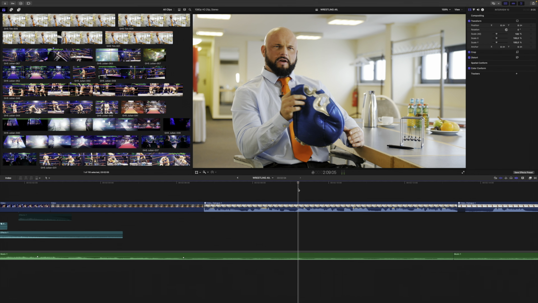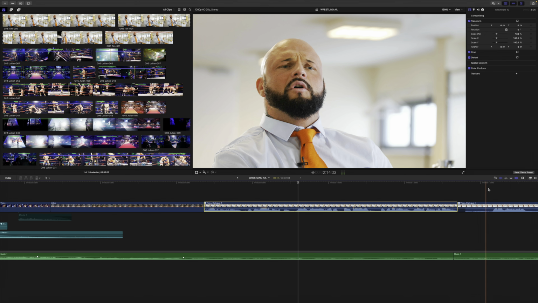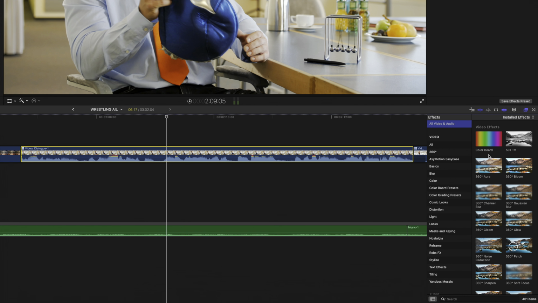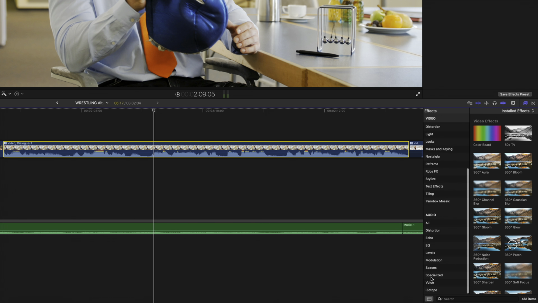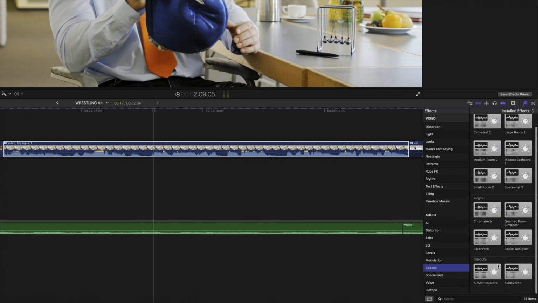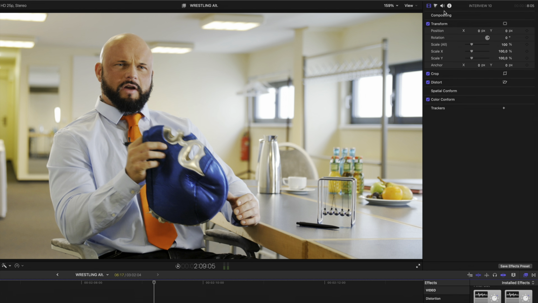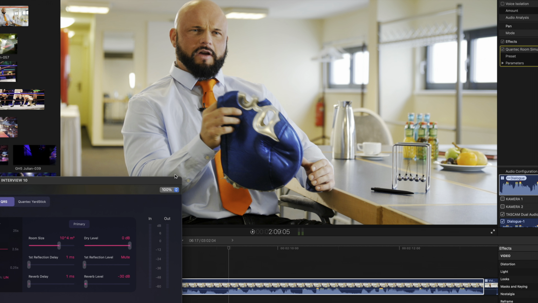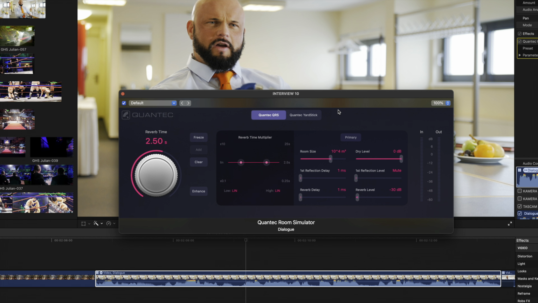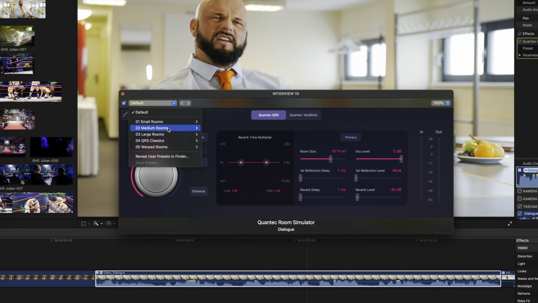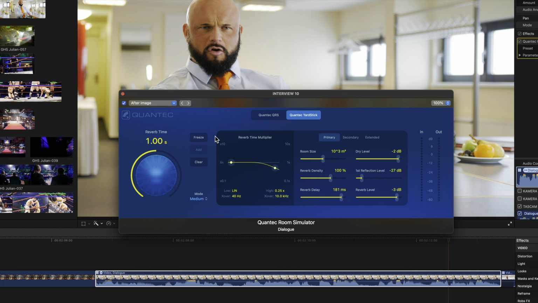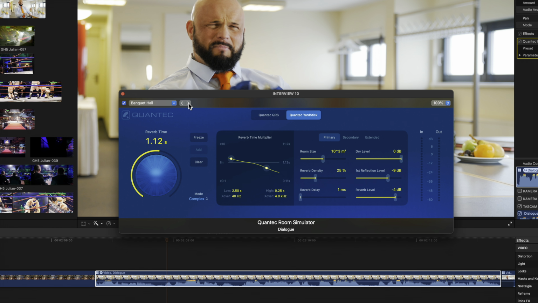And speaking of audio, a new and very elaborate audio filter has been added. The same that was added to Logic Pro 11.1, the Quantec Room Simulator, or QRS for short. You can find it in the Spaces category under the audio filters. I'm not going to explain any great detail of this filter, only that it is very cool for what it is meant for, room simulation. If this is something that is of interest and relevance to you, I highly suggest looking for one of the many detailed and comprehensive tutorials for it here on YouTube.